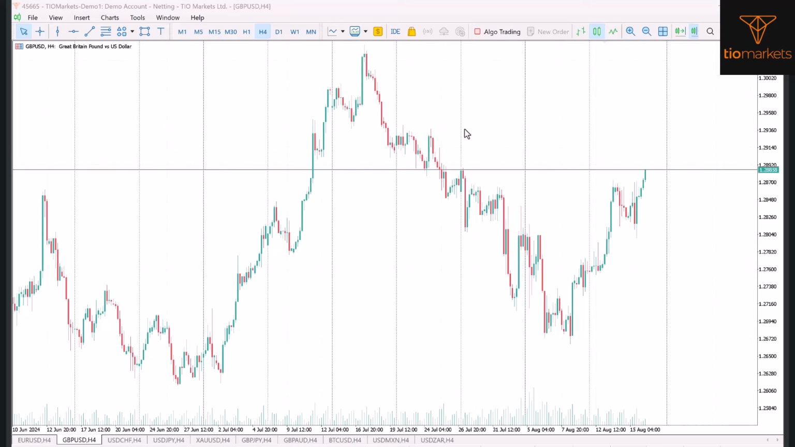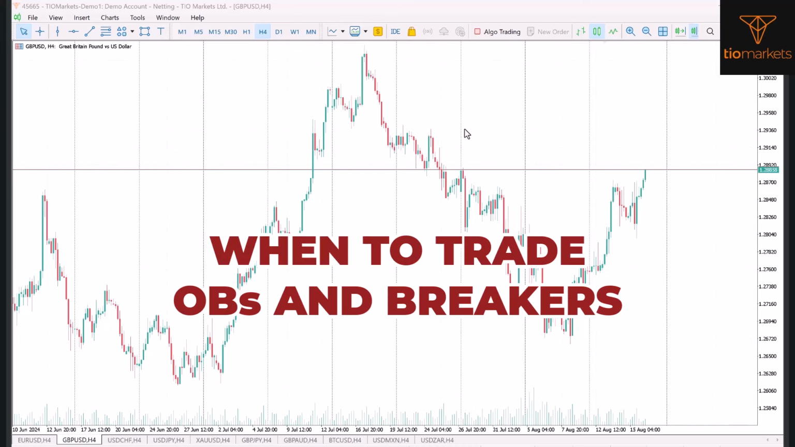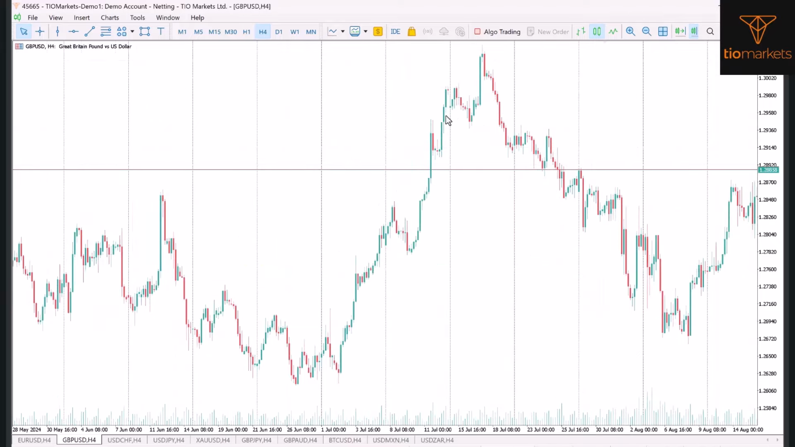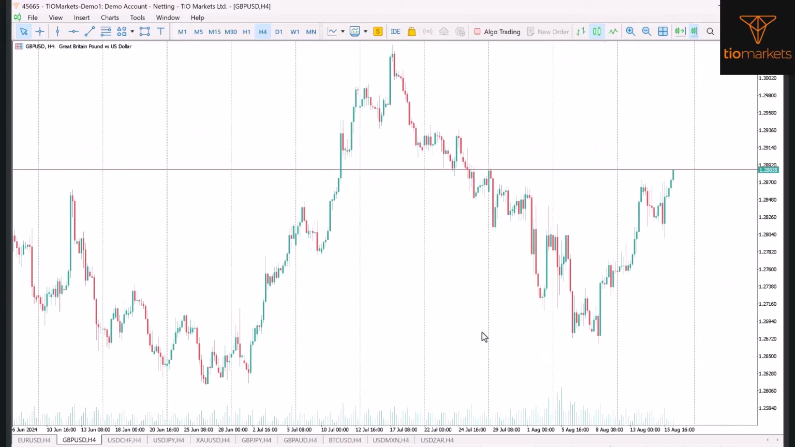Today we are going to talk about trading cycles with order blocks and breakers. So what do I mean? I mean that when we are trading, price moves in cycles. Price moves up and price moves down. Price oscillates from supply to demand and from demand to supply. So we are going to use that to understand how we can then trade order blocks and breakers in